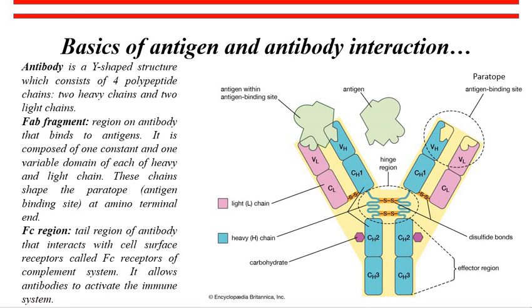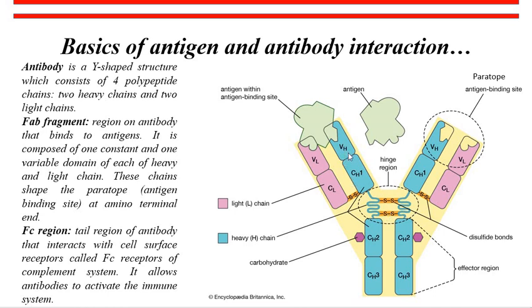In order to understand the basic principle of ELISA, we must have some know-how about the structure of an antibody and about how the antigen and antibody interact with each other. As you are seeing here, a Y-shaped structure consists of 4 polypeptide chains. 2 longer polypeptide chains are shown in blue and 2 shorter polypeptide chains are shown in purple. The shorter chains are the light chains while the longer chains are the heavy ones. This Y-shaped structure is showing an antibody.